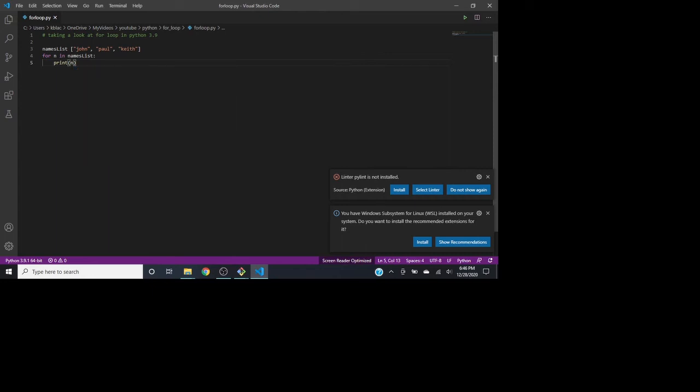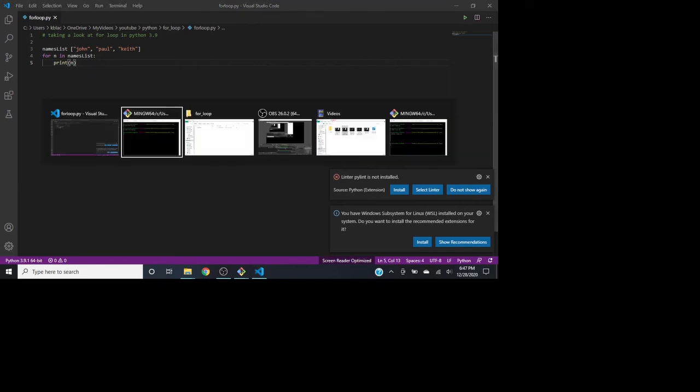right parenthesis. Now, before I run this, I want to first tell you we do this because if we were to just print out the list, names list, it's actually going to print it how it's stored with the left bracket and then the quotes, comma, and you might not want that. So right now we just want to see each name in the list without having to deal with any of that syntax. So this is why we loop through it. Now, we can save this and go back to our terminal,